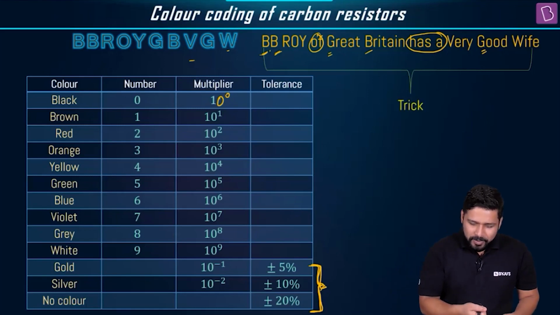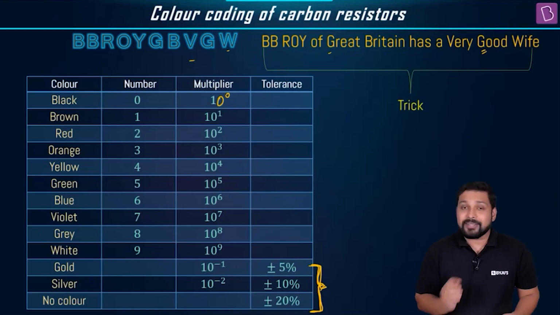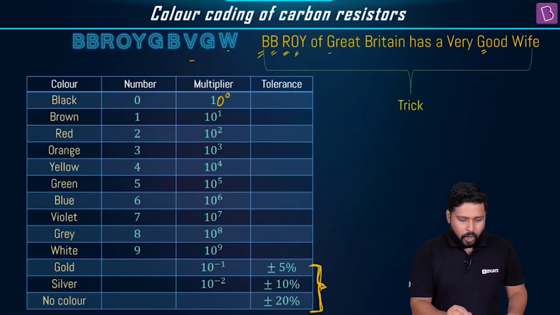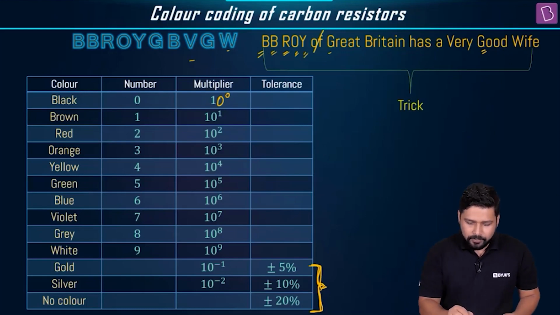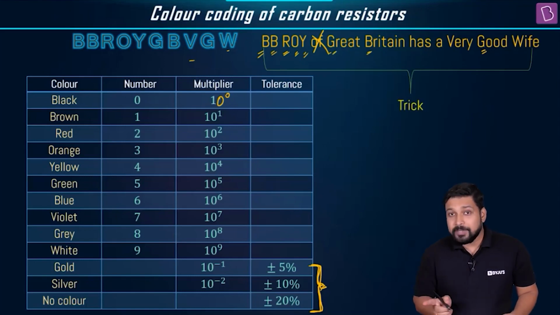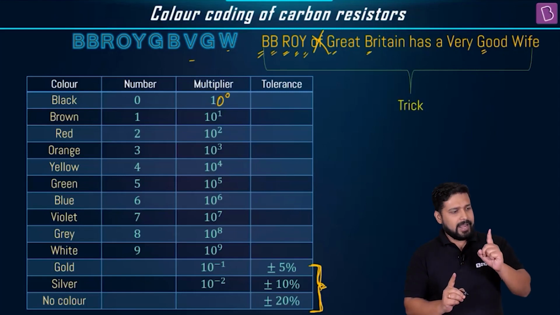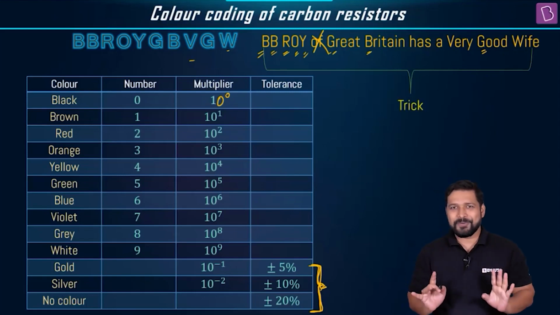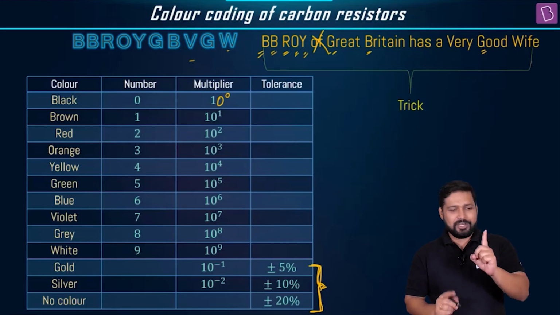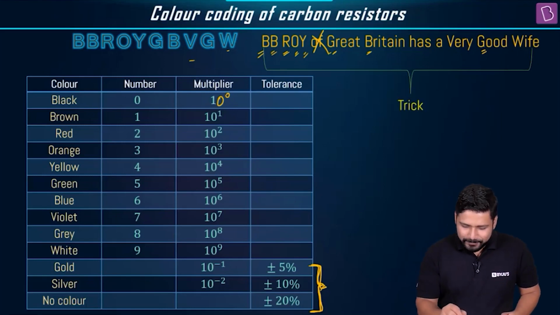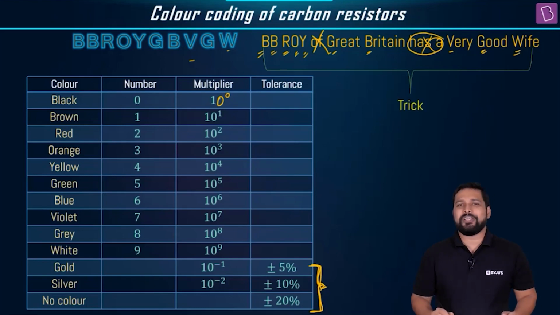No problem. The moment you got this, now you know the colors. This is black, brown, R for red, O for orange, Y for yellow, we don't want the "of", G for green, and then the third B is for blue, right? Black, brown, blue, no problem. And G is appearing 2 times, green, gray, okay? We have to let go of the "has a" also. V for violet, correct? G for gray, and W for white.